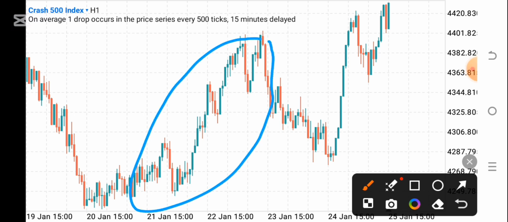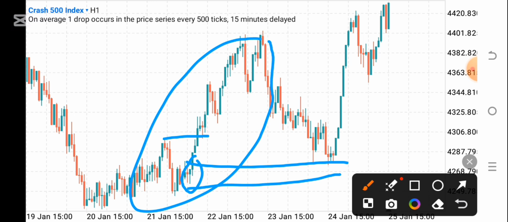So what we want to mark is the last red candle, the last bearish candle before the what? The break in market structure, right? So over here, this is the last red candle. Why do I keep messing this up? This is the last red candle before this break in market structure over here, right? In this area over here,